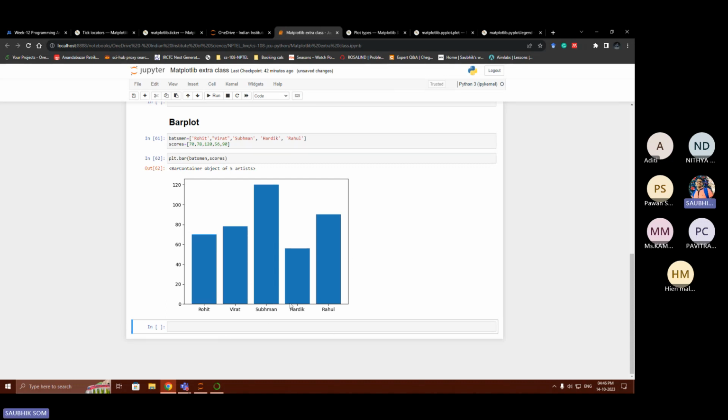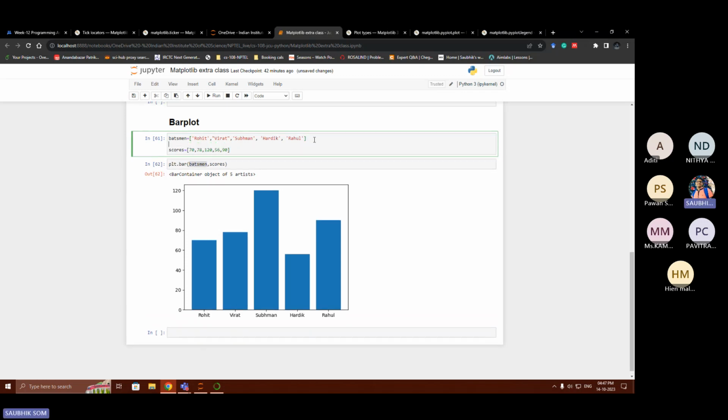Now I think in new Matplotlib, this works like this. Previously, if you used Matplotlib, if you put batsman here and scores here, it would give you an error. So this is new Matplotlib, and in Python 3, I think it automatically converts this. But previously it used to give you an error. So if it gives an error, what you have to do is